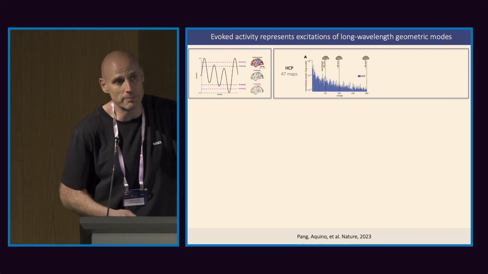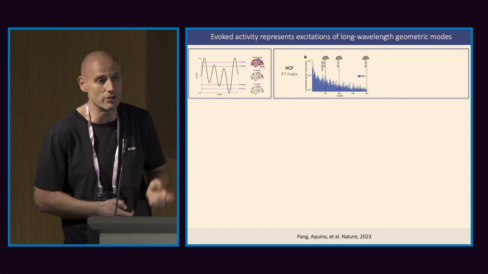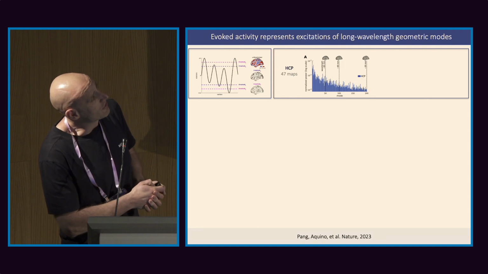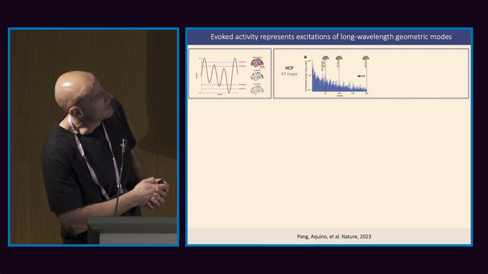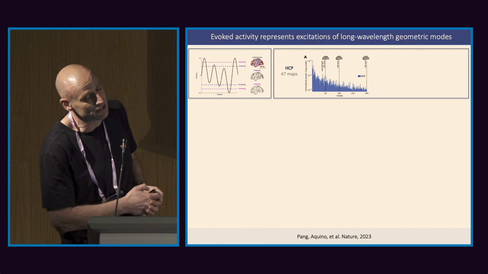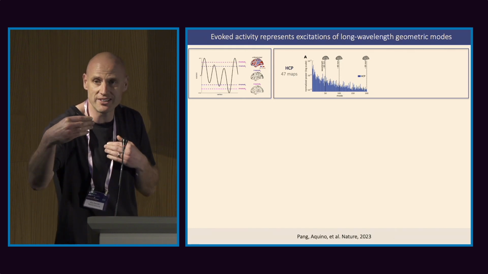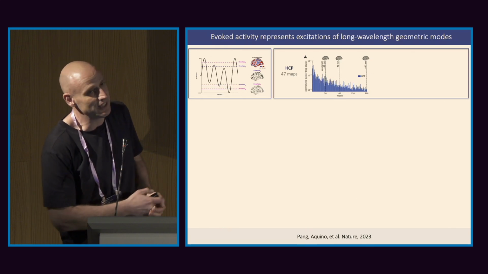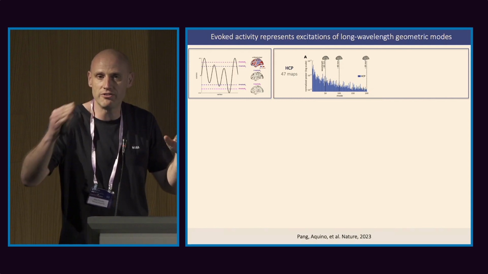We're doing this now in the spatial domain, just by looking at the weighting coefficients of the different spatial eigenmodes. When we do that for the different task activation maps in the HCP data, we find that most of the power is concentrated in the long wavelength modes. This cutoff here represents eigenmodes with wavelengths of about 60 mm or greater. So this suggests that these different tasks are really exciting these brain-wide modes that vary over fairly coarse